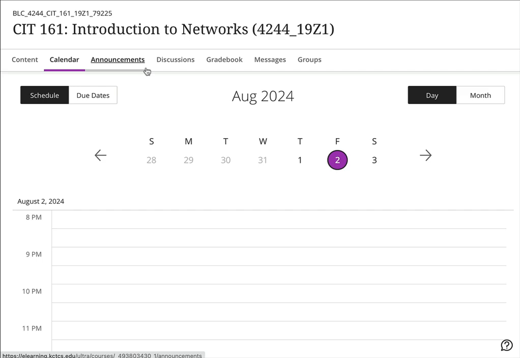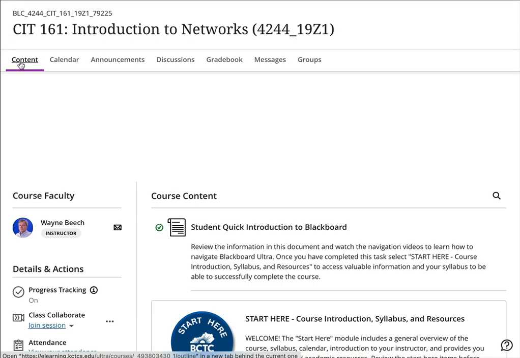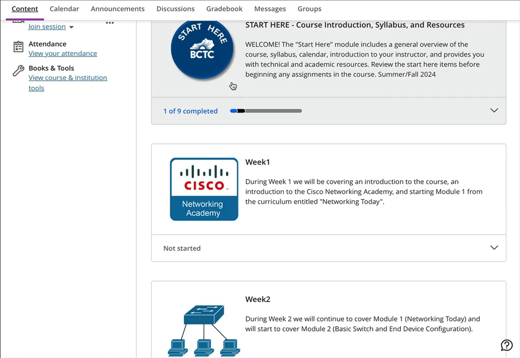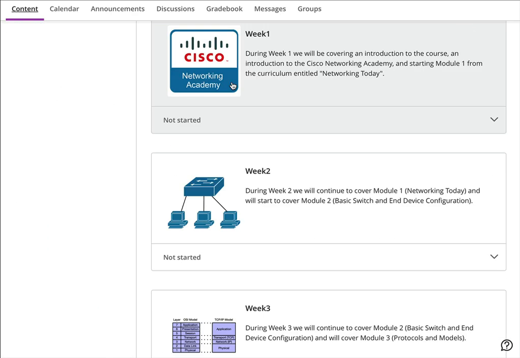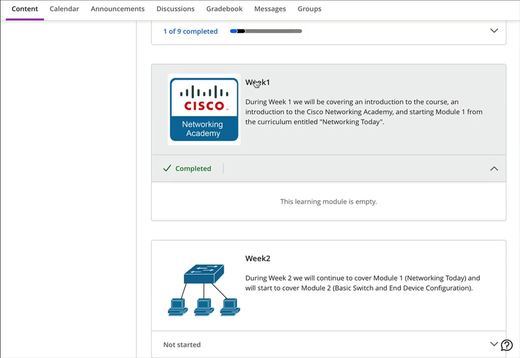So what we'll do now up here at the navigation is we'll move from calendar back to content, and we'll scroll down, and the next thing I wanted to point out is, like I said earlier, I organize my class by weeks. If we're here on the main content page, we're going to have the week number, an icon for the week, and a brief description of what we will be covering that week. Now, if I click on week 1 to expand this,